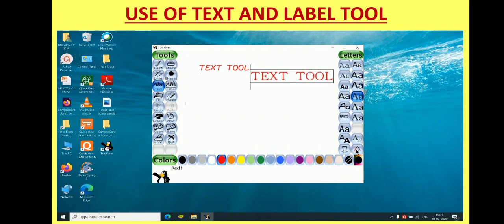If I click on upward arrow, then the font size will increase. Again, you can have different option of fonts that you can choose on clicking on that particular option.